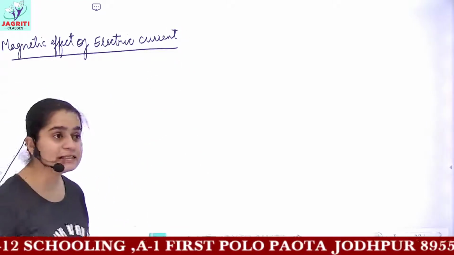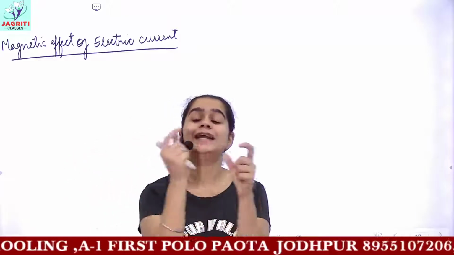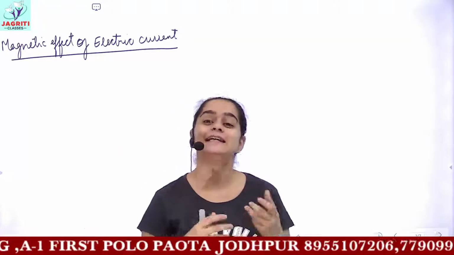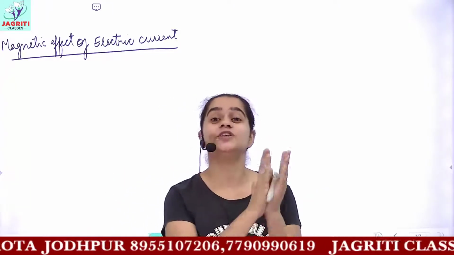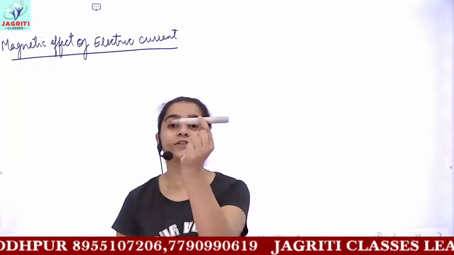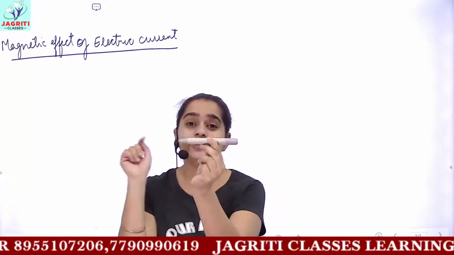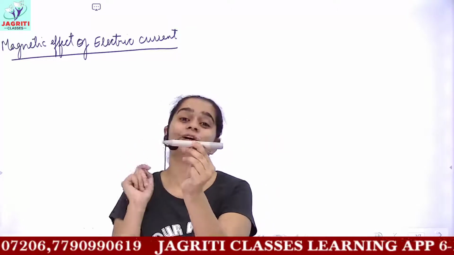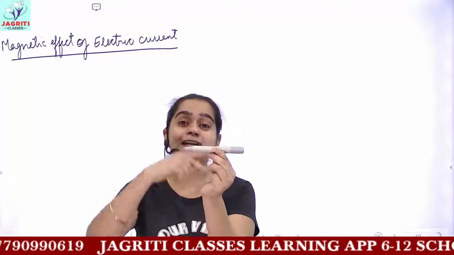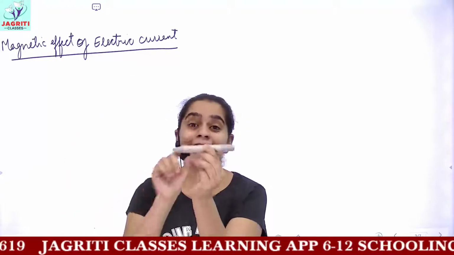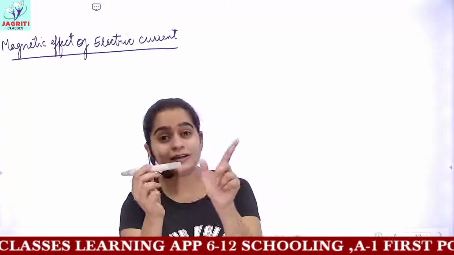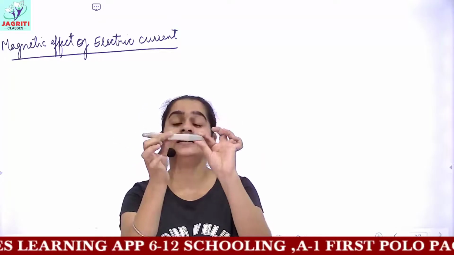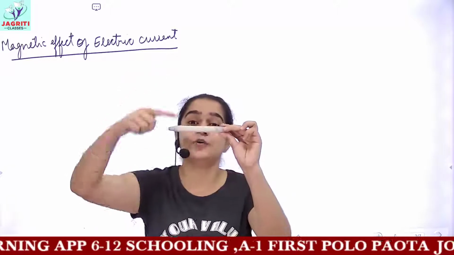Magnetic effect means whenever a current is flowing through any conductor, any wire, we can say a conductor is a material which allows current to flow through it. Let's suppose this is your conductor and a current is flowing through it. During the flow of current, this current will produce a magnetic field around the conductor, and this conductor would start to behave as a magnet. For the time the current is flowing, this current generates a magnetic field around this conductor.